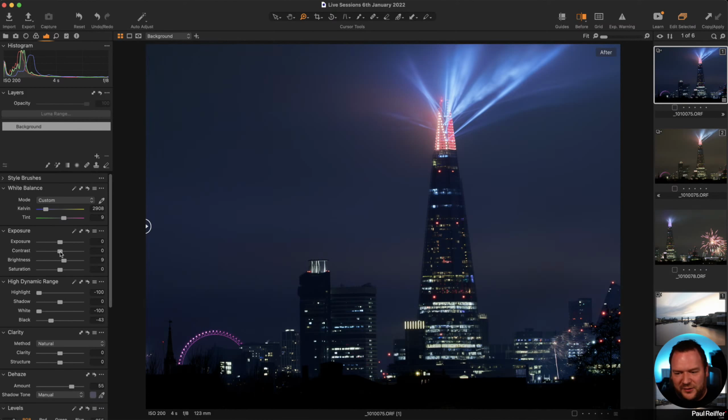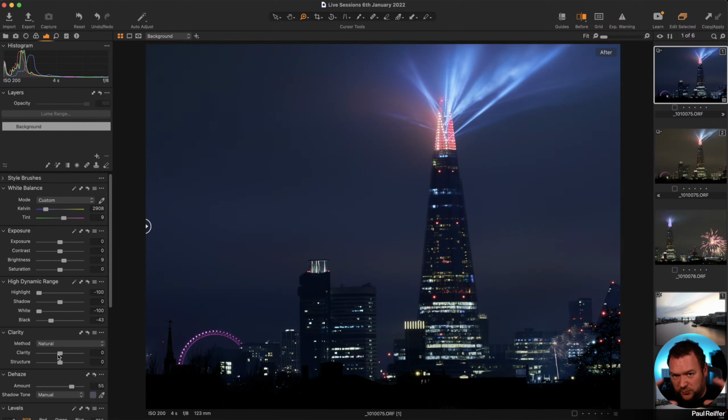If you're darker than the middle, get yourself darker again. Well, everything in this shot, apart from the top lights, is darker. So all it's going to do is make the whole shot darker. What instead I can use is a little bit, not too much, a little bit of clarity. So clarity being almost a local contrast adjustment.